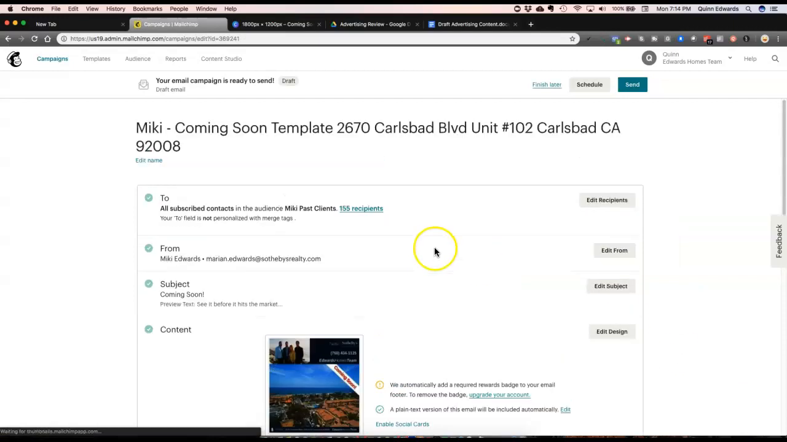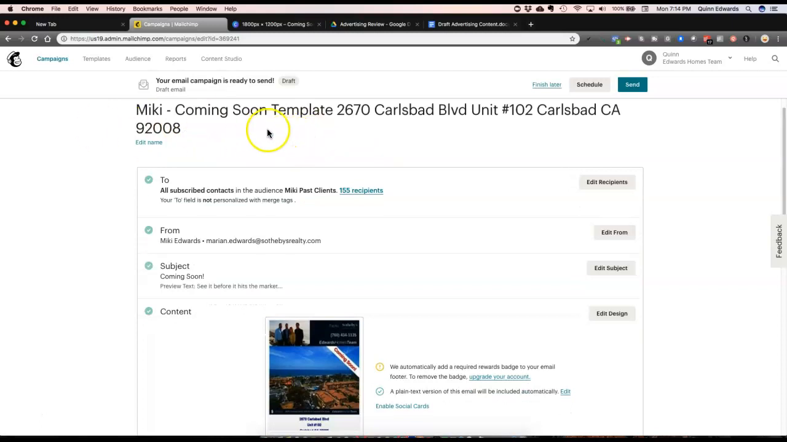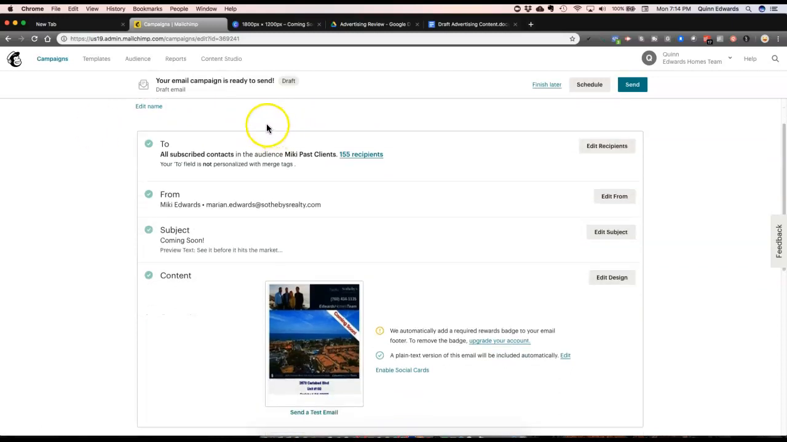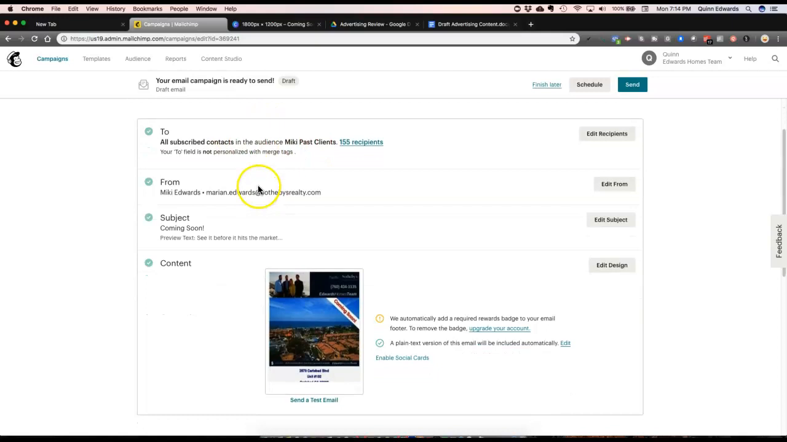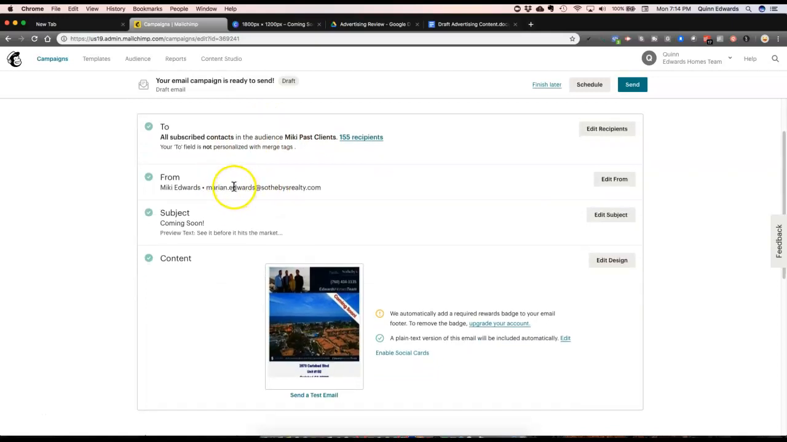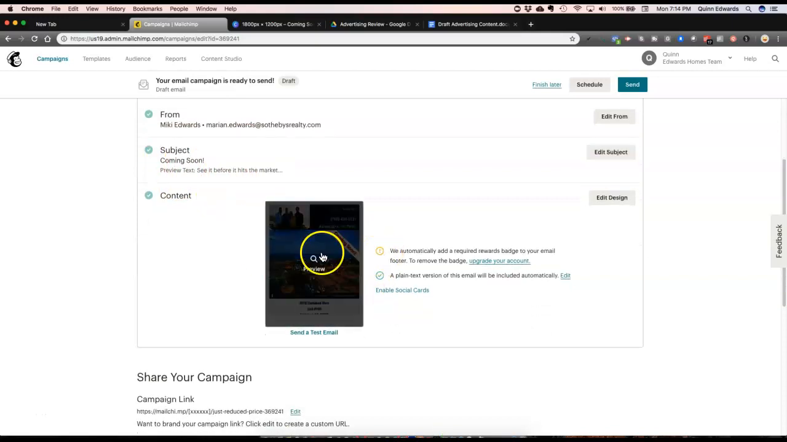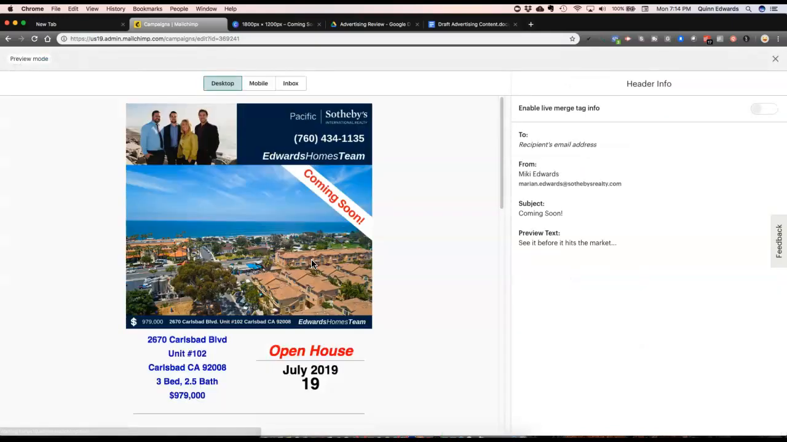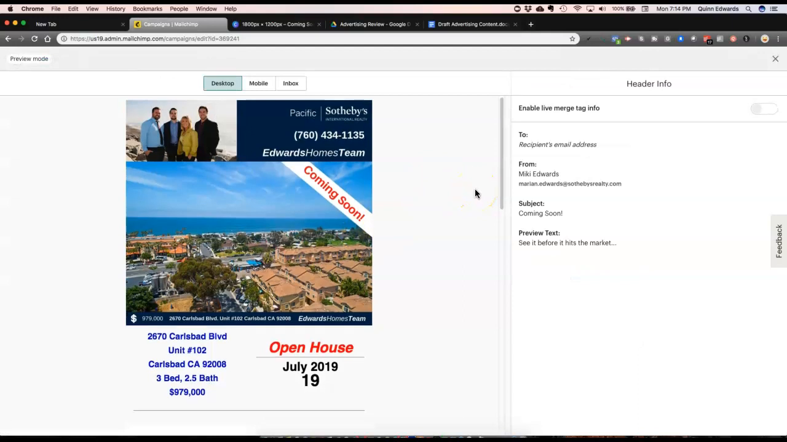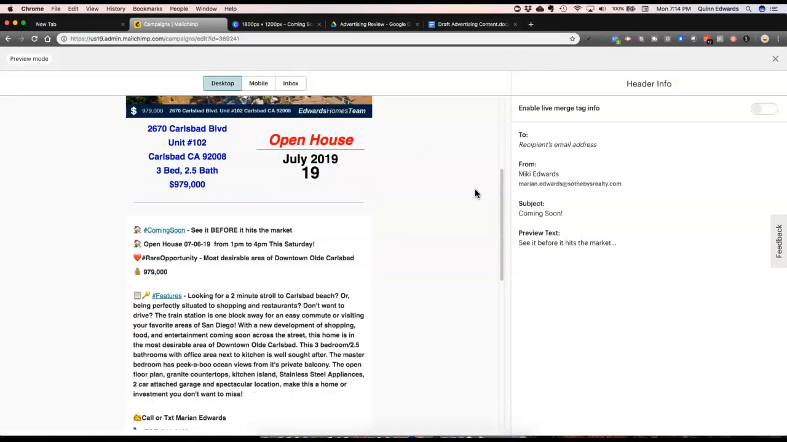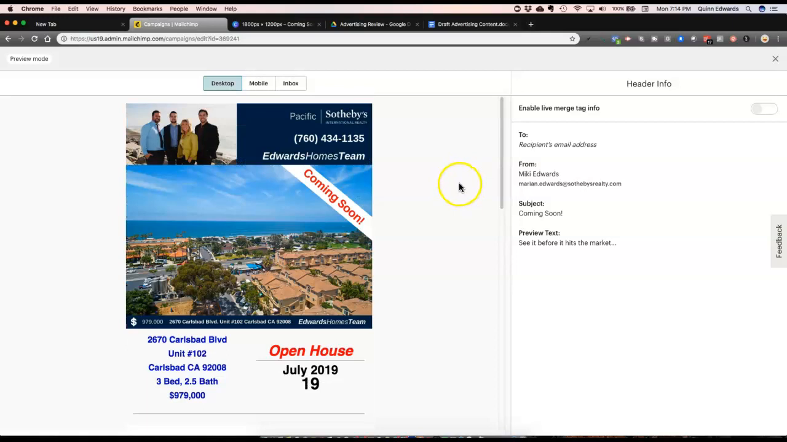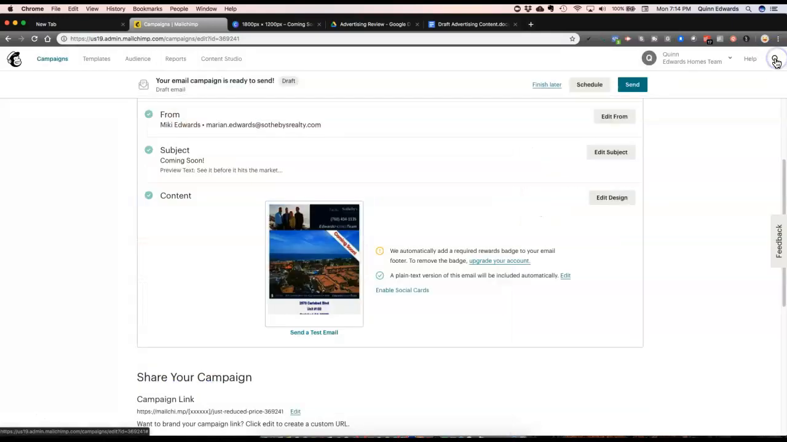All right, so we've renamed the template because it's no longer a template. We're sending it to Mickey's clients from Marion. Subject is always the same. We just changed this content so we could preview it. And it looks good. So what you'll want to do from here is just send a test email